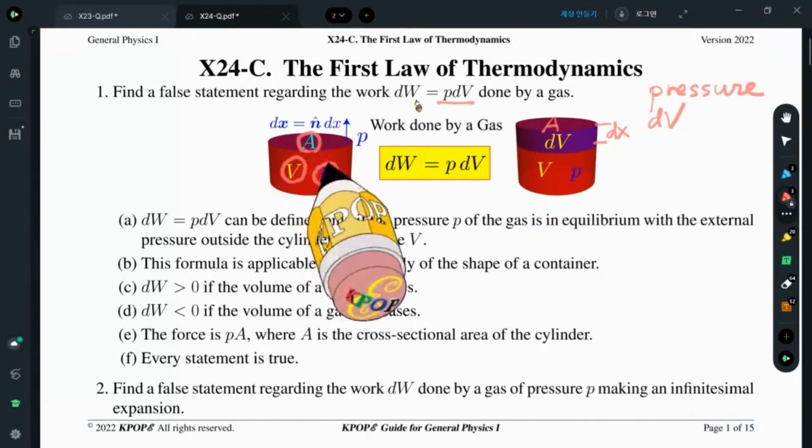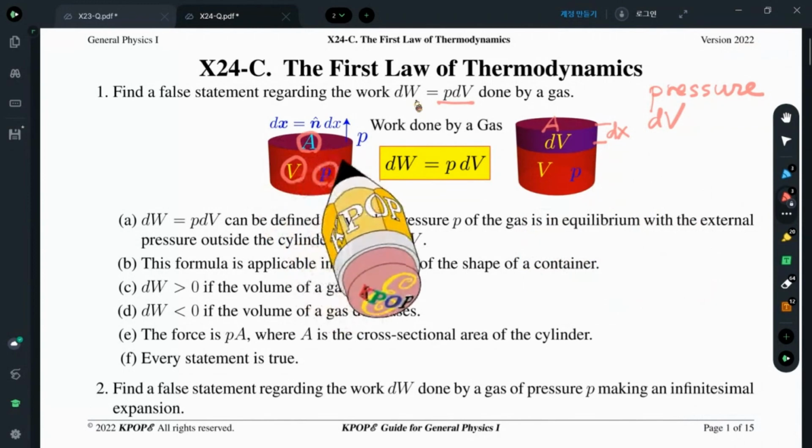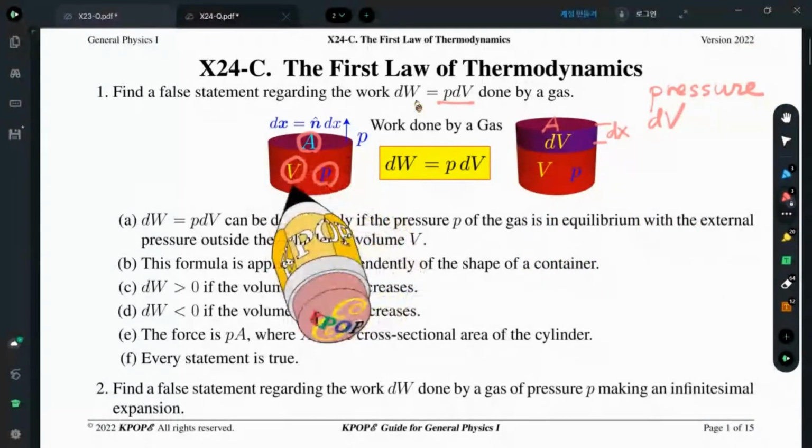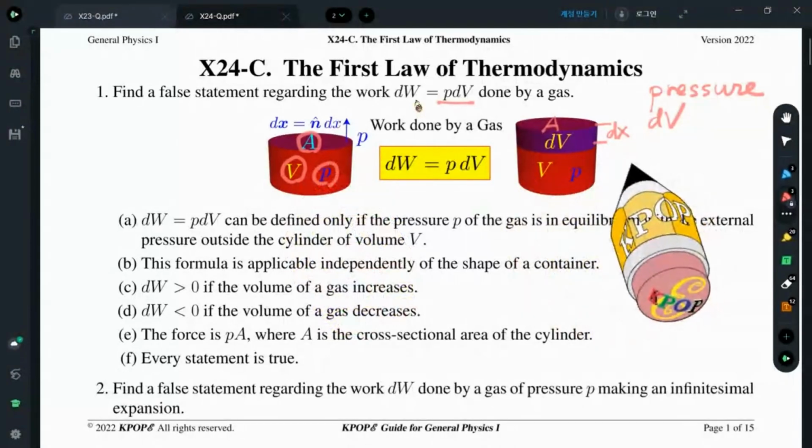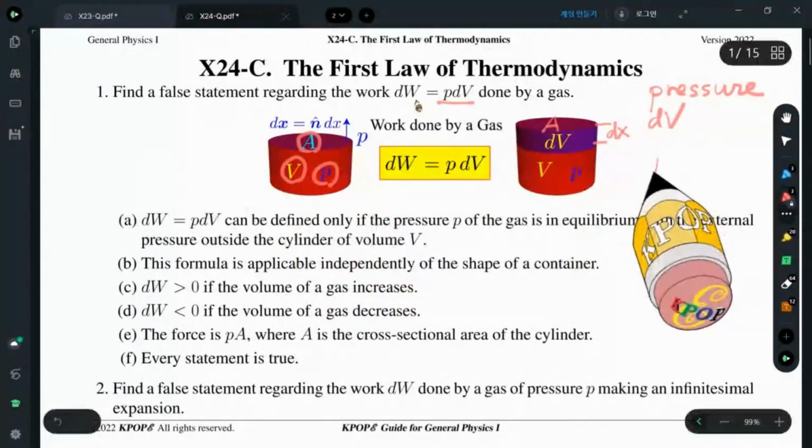Then the force applied by the gas inside the container has a pressure,